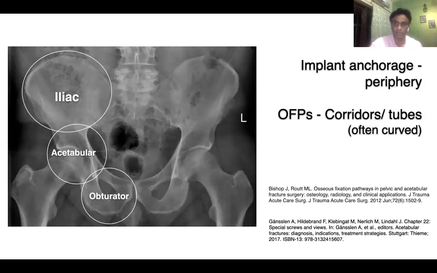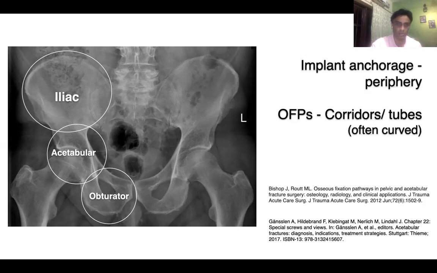Thorough knowledge of this osseous anatomy is important if you are going to treat pelvic fractures with surgery, because not every portion of the pelvis is safe and strong to put your screws or whatever kind of internal fixation you use. To highlight these concepts a little bit further, Gansland described this 3-ring idea, where he described 3 rings,